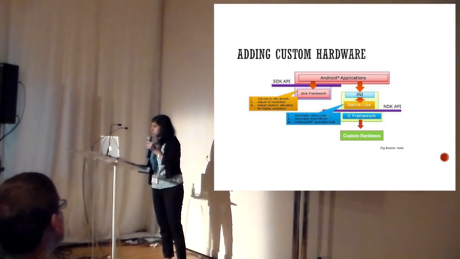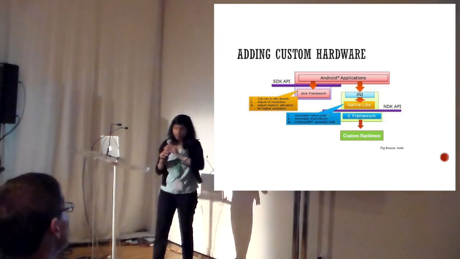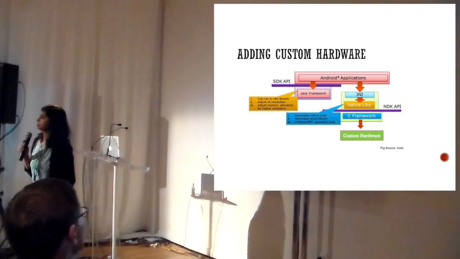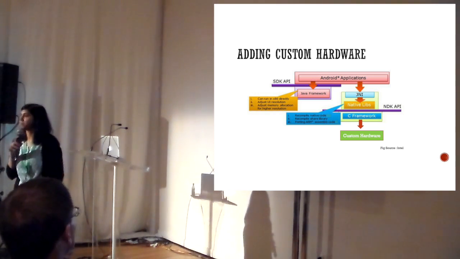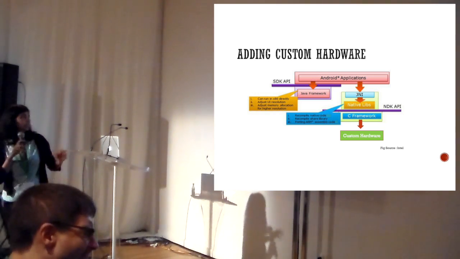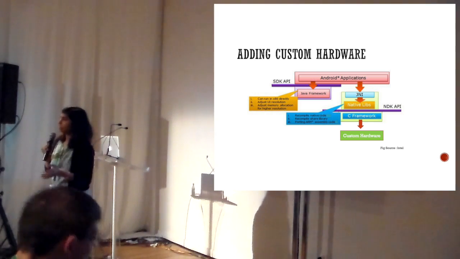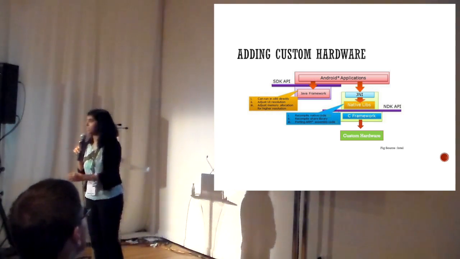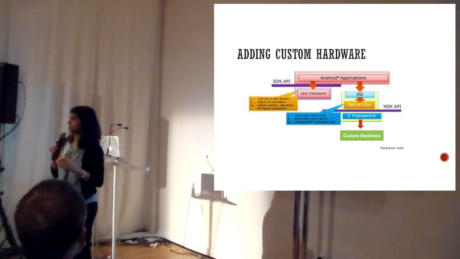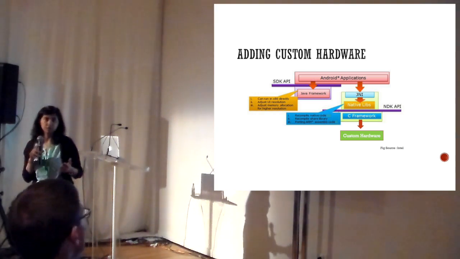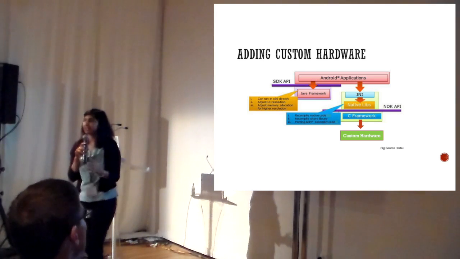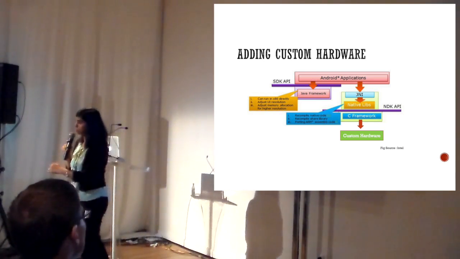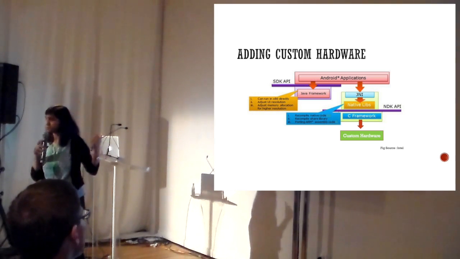Okay. For the last 10 minutes, I wanted to share some info on how we add custom hardware. I don't know if it's applicable to a lot of you, but this is the Android recommended way of extending the Android platform to add your own hardware. Android exposes a bunch of interfaces. You have your camera, you have your printer, some basic interfaces. But if you want to extend it, add your own hardware, add your own interface to the hardware,